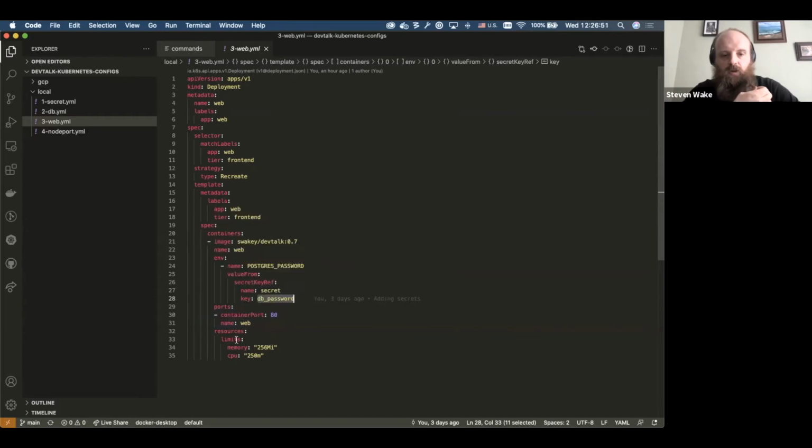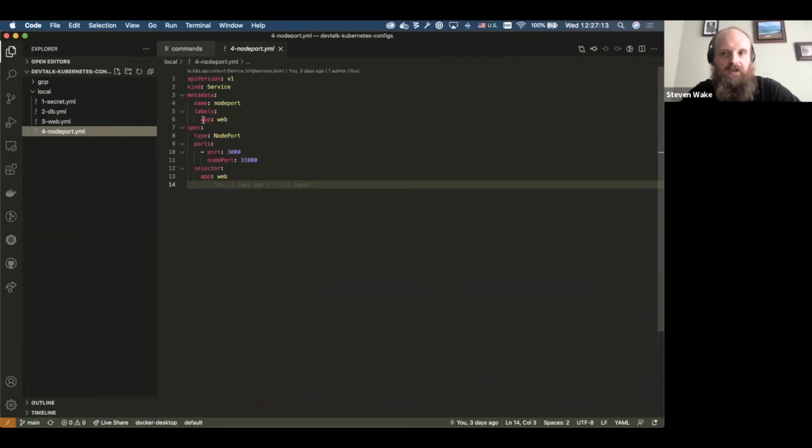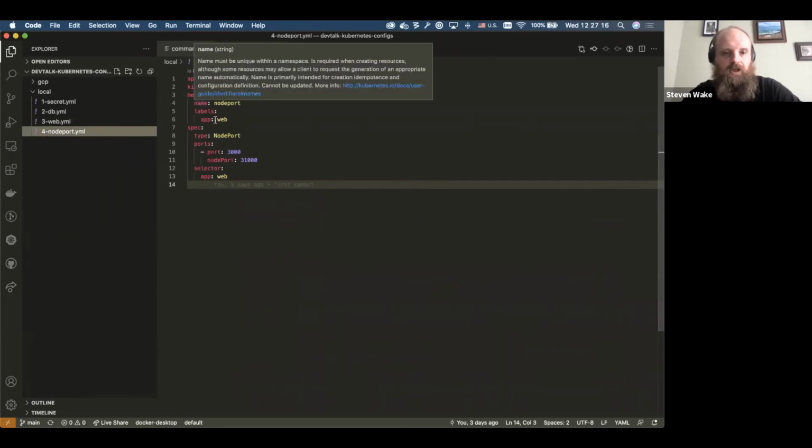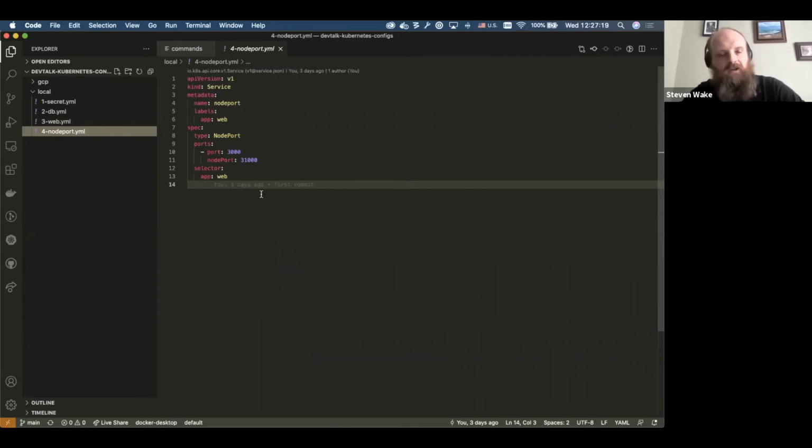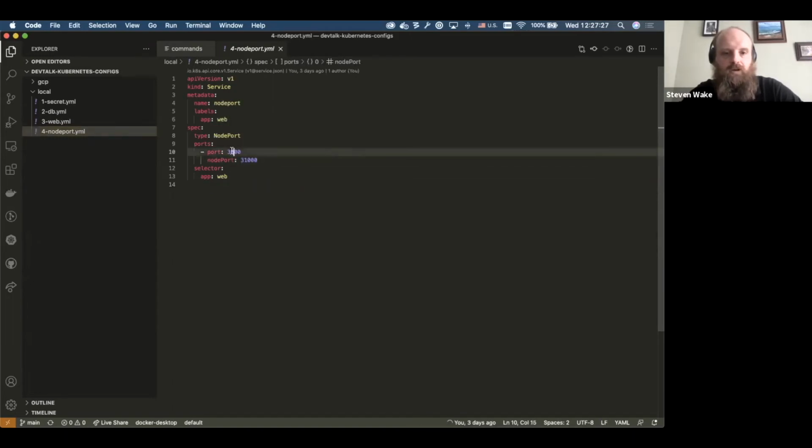We then expose ports, and these are resources that the pods require. These are lower, obviously. So this is a quarter of the CPU this time. So the final bit is the service itself. This isn't a load balancer. It's much cruder than that. So basically all it does is expose a port and then push it to another port. And it's got a selector of web.